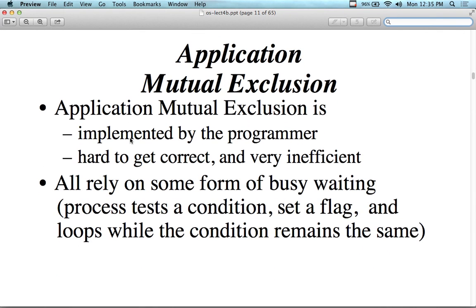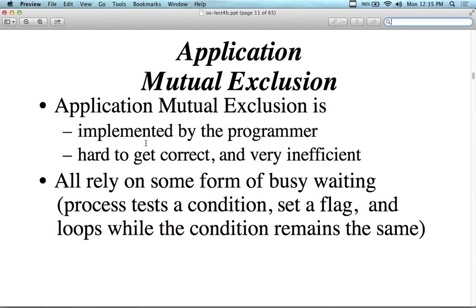So application mutual exclusion. The application itself is implemented by the programmer. So the programmer has to know what they're doing in terms of the mutual exclusion. Hard to get correct and very inefficient. If every application you built had to do mutual exclusion on critical sections, to protect data, to protect memory, it's going to be too time consuming for the programmer, and it's going to be extremely inefficient. They all rely on some form of busy waiting to test a condition, set a flag, loop around, test the condition again, see if it's still there, loop around. So it's not very